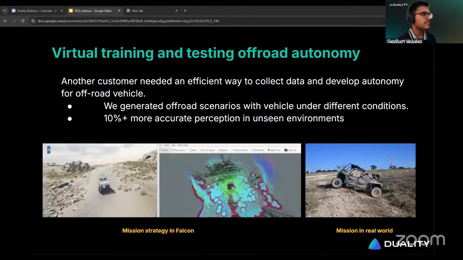Second use case is virtual training and testing on off-road autonomy. One of our other customers needed an efficient way to collect data and develop autonomy. So we showed that with Falcon, we can generate off-road scenarios and vehicles under diverse conditions scalably. At the end, the results were that we were able to produce 10% and more accurate perception models in unseen